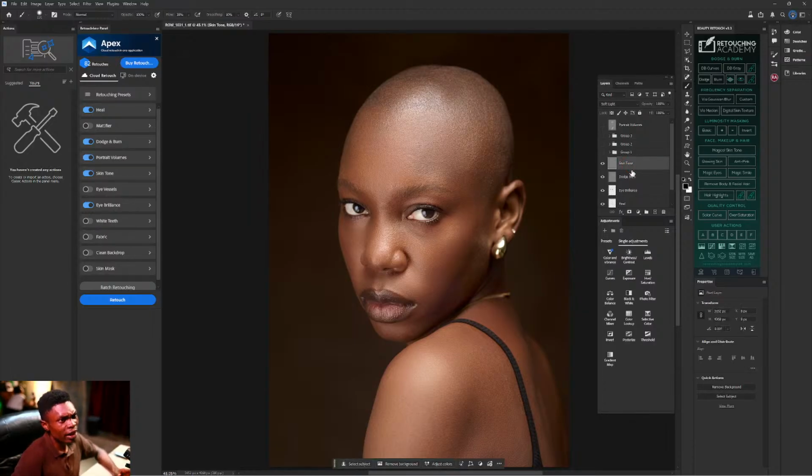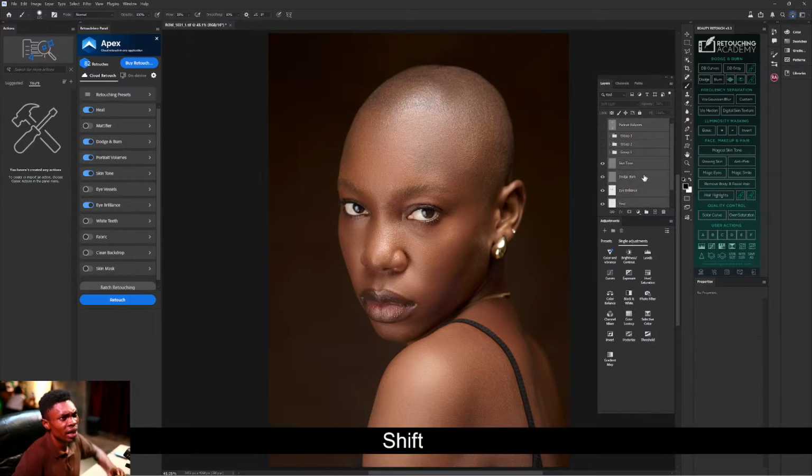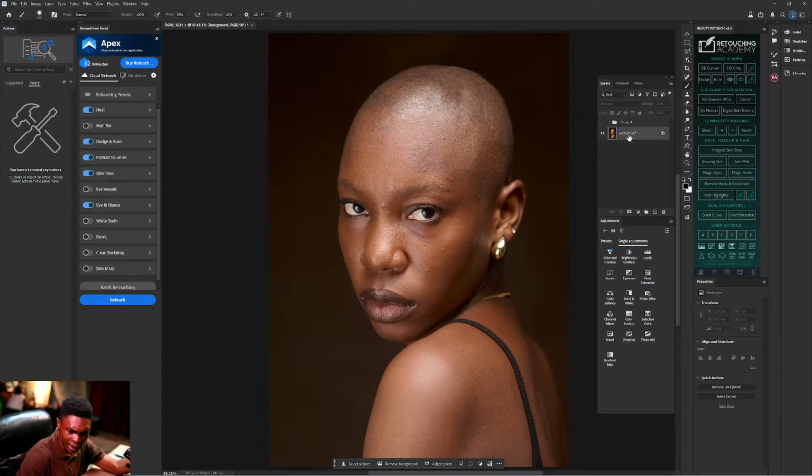Now back again from the beginning, let me disable all these layers. Let me group them, then disable them. So we get our picture like this from the very beginning. Assume we have never done anything. Our picture looks like this. Don't be angry, I am checking if I have it. So from the very beginning, our picture looks like this.